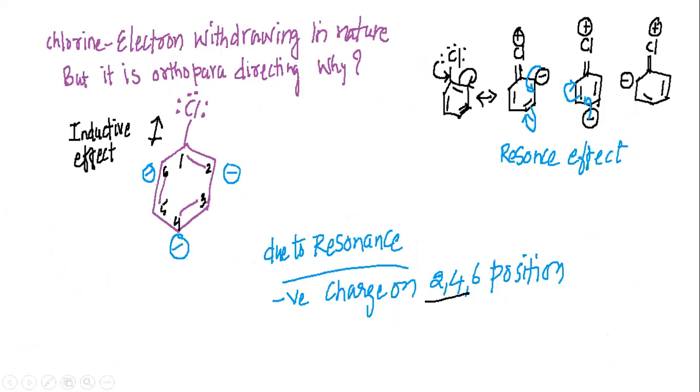To understand the reason, let us look at the structure of chlorobenzene. It has 6 carbons, and from the first carbon, chlorine is attached. You can see that chlorine has 6 electrons. Out of these 6 electrons, 2 electrons go into resonance with the benzene ring. So you can see these 2 electrons come here and make a double bond with the chlorine. As these 2 electrons come here, the double bond electrons go to the second carbon, and there will be a negative charge on the second carbon.